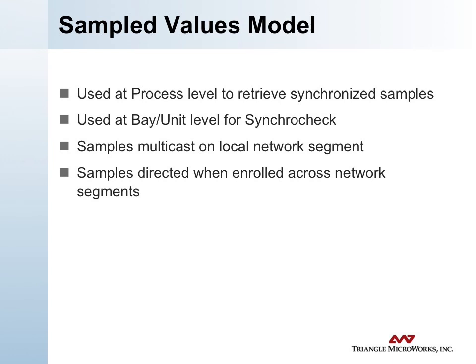One of the issues about multicast in this VLAN Ethernet is that it can only really be used within one local network segment. Those multicast packets at VLAN aren't passed through routers. It's not a routable protocol. So the sampled values model includes a way of basically running them through a TCP pipe so that you can get a connection to a sampled values publisher across the network and be able to get the samples directly in a TCP directed connection.